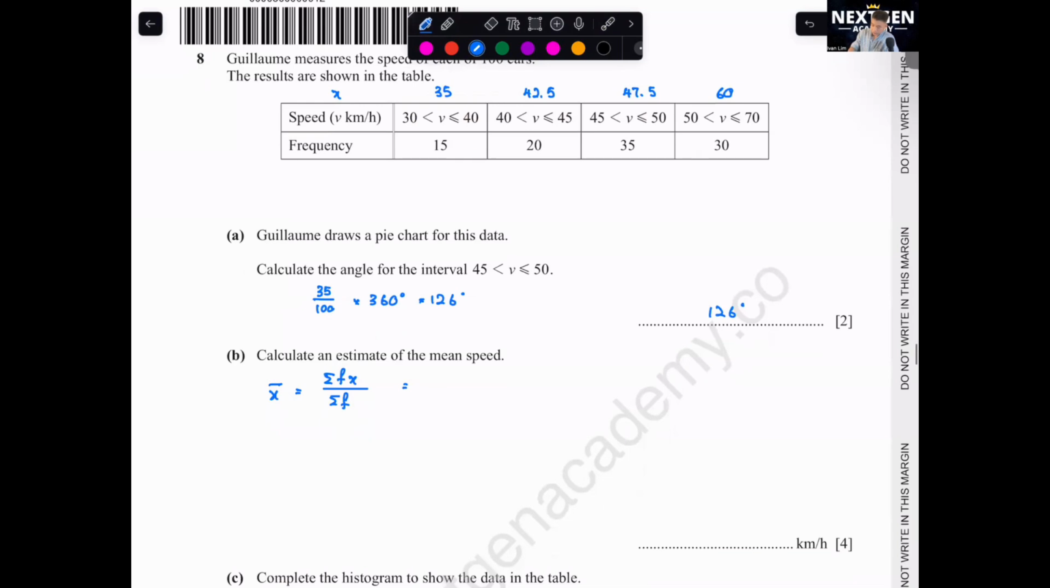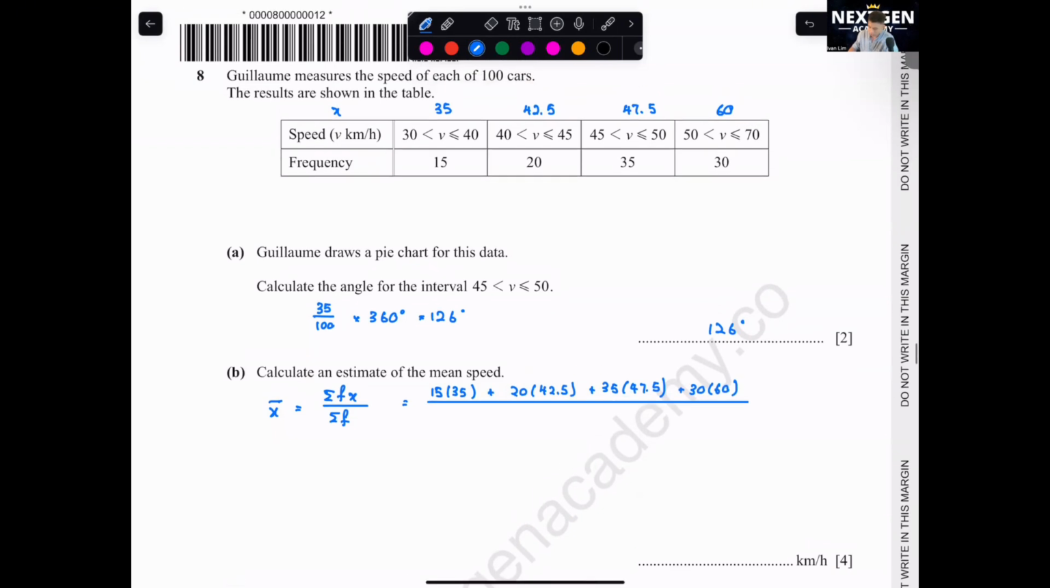Okay, put in the formula. So fx: 15 times 35 plus 20 times 42.5 plus 35 times 47.5 plus 30 times 60, over the total, which is normally given in the question, 100. The top one, please calculate your numerator value first, so that later when you check back, it's easier for you all to check back. You should get 4837.5, and here will be